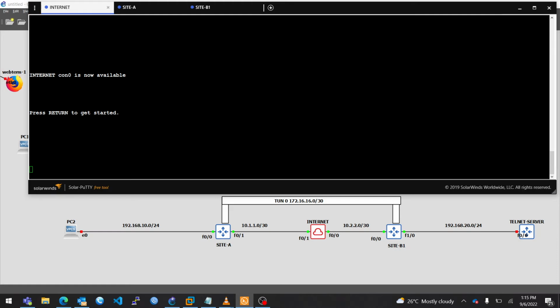In today's video, we are looking at GRE tunnels. Below this terminal, I have this simple topology. I have site A connecting over the Ethernet to site B, and we are going to create a tunnel between site B and site A. By that, I mean that traffic from site A will be encapsulated in a GRE tunnel and sent over this tunnel to site B, and the internet space will not have any